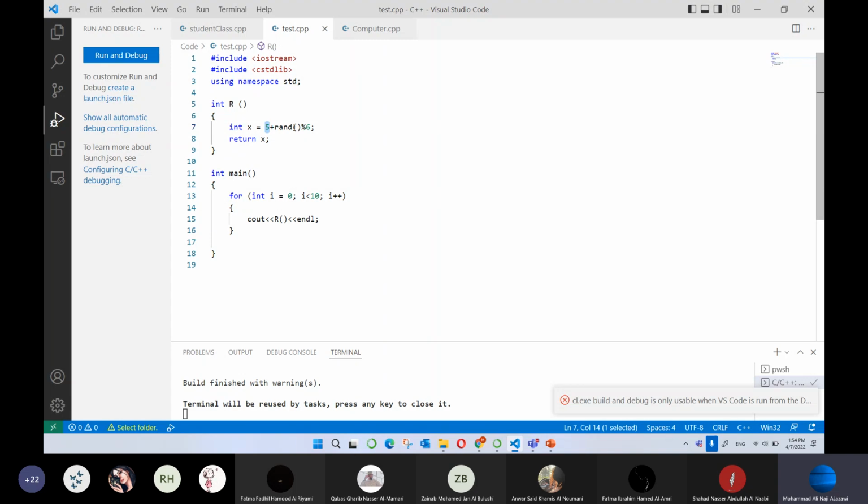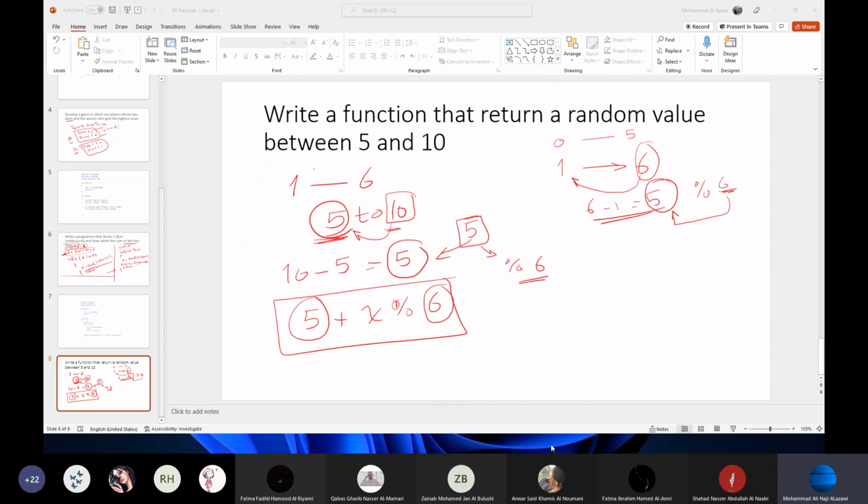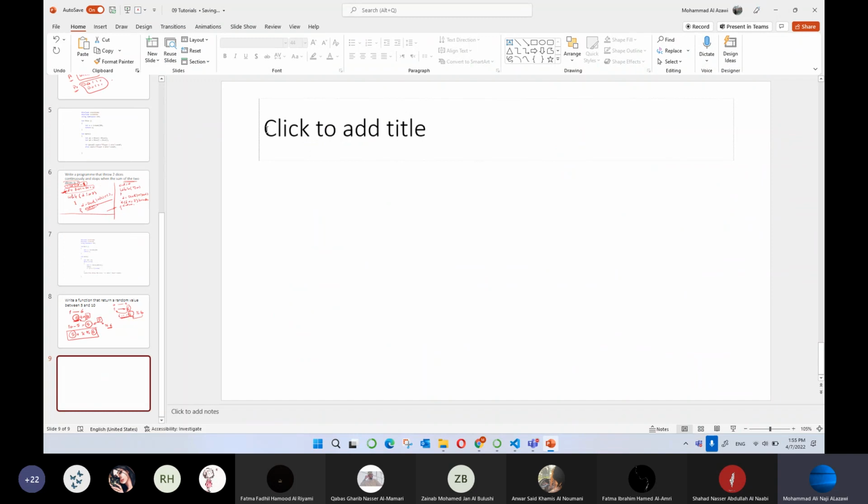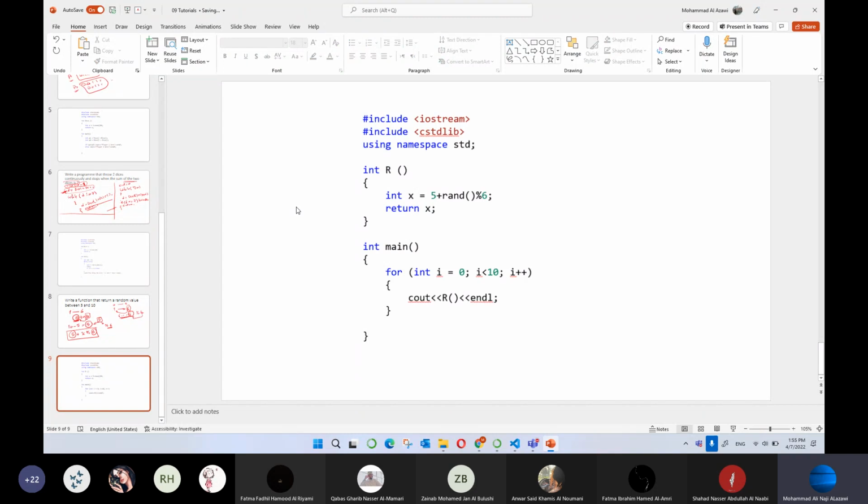How did we find this? I will give you a simple equation. I'll just share this with you. Now this is from 5 to 10. Then you will say x equals, you will take the first one, 5, plus the returned value, rand